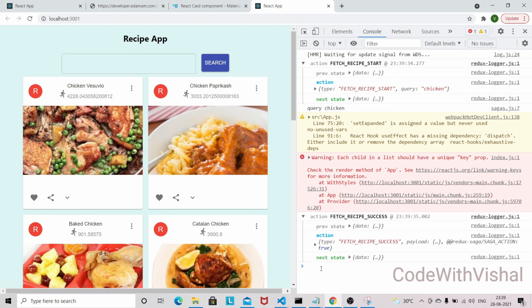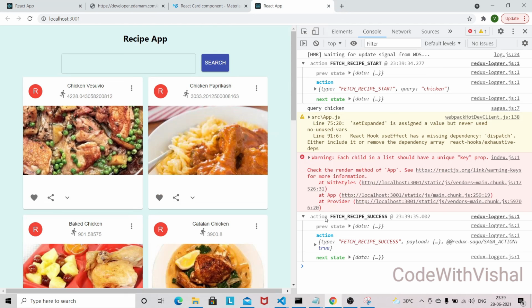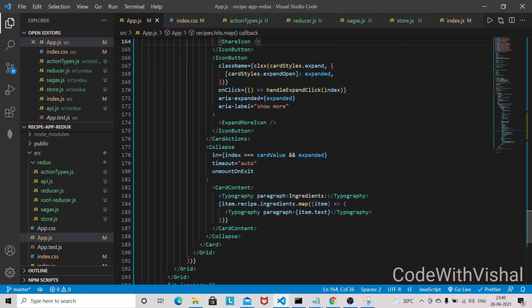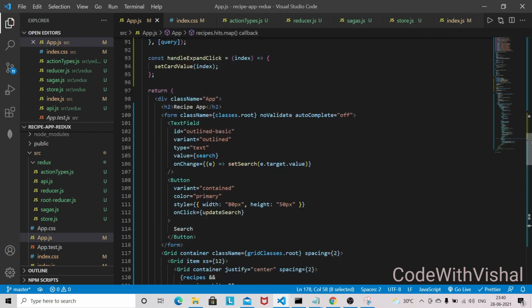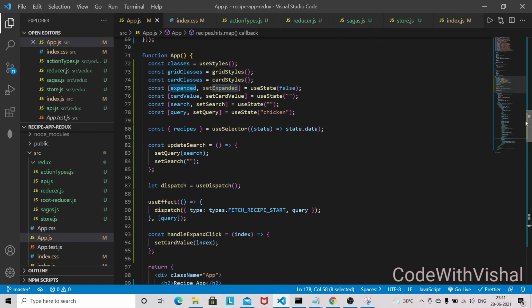So let me check, and the styling is also not working. Ideally it should be here, so it's not there. So let me look at that issue. So guys, we are not toggling the expanded state here, so the state is still false, and that's why we are not getting the collapse working.